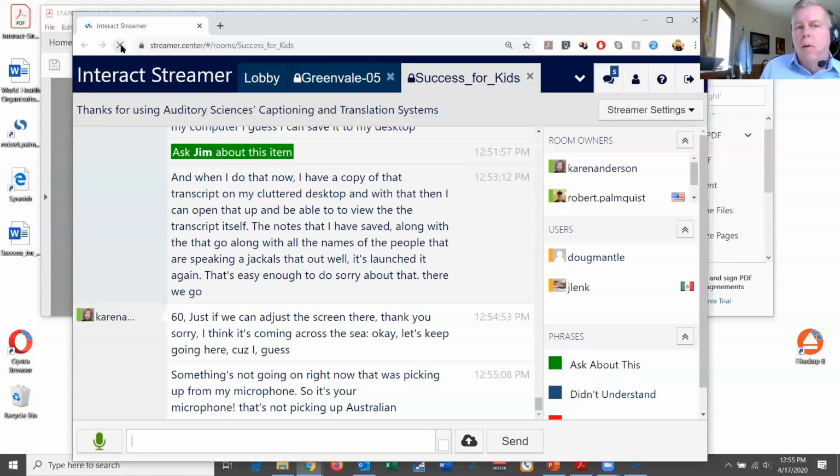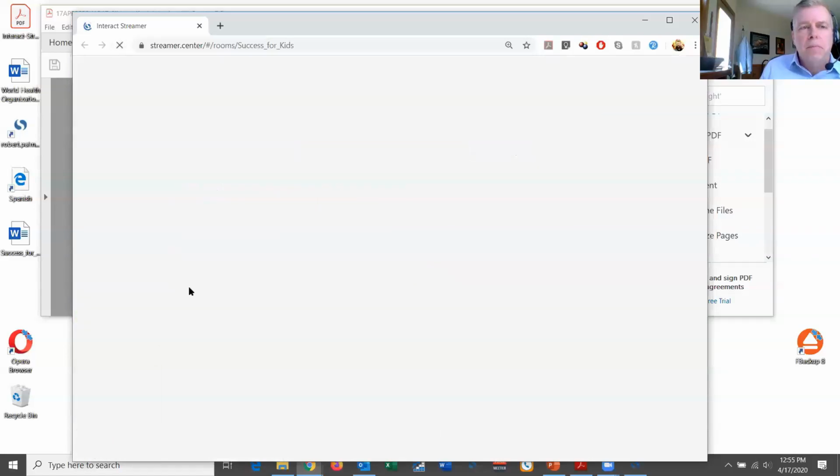Yeah, I think I'm overloading my computer quite a bit here. The fan is running quite a bit. I just have spinning dials here.